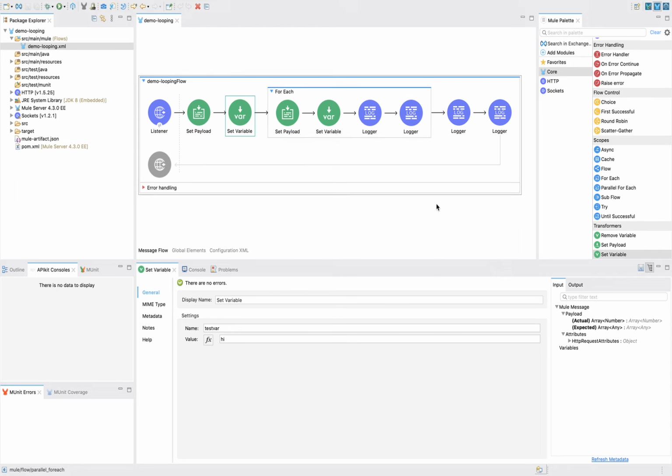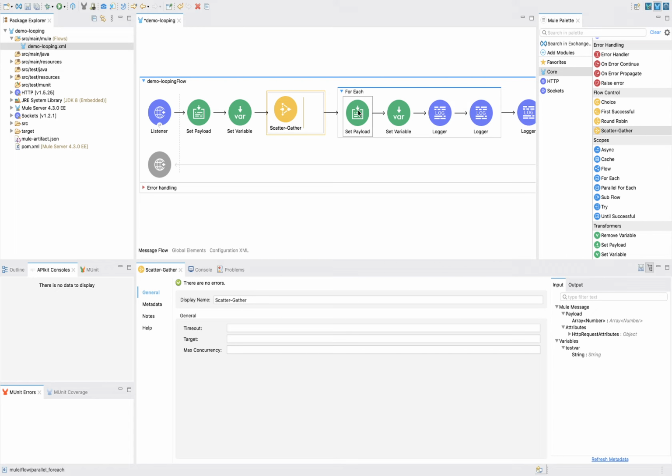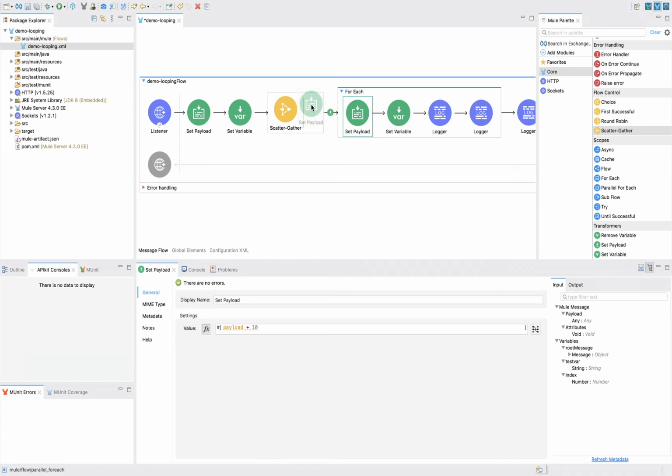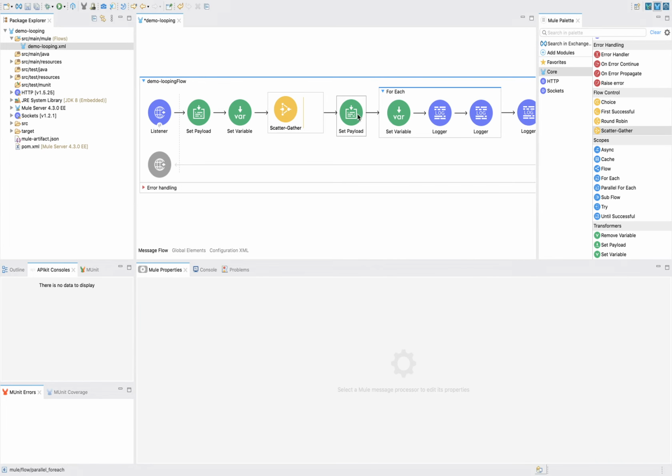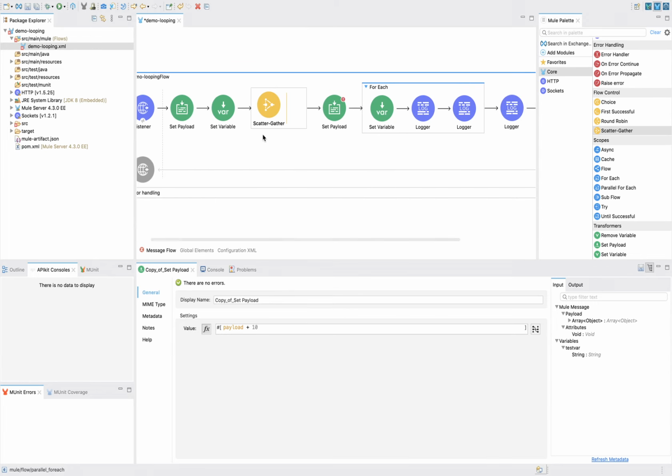So what I will do now is, instead of this parallel for each, we'll use scatter gather.